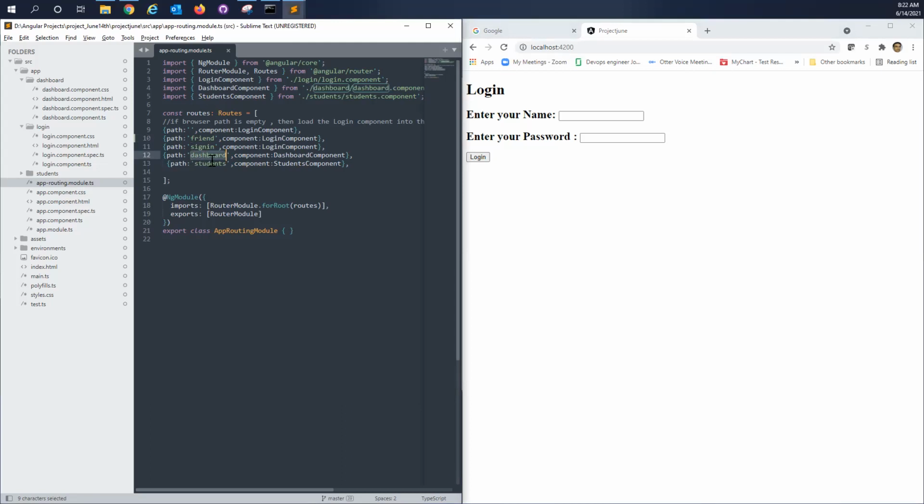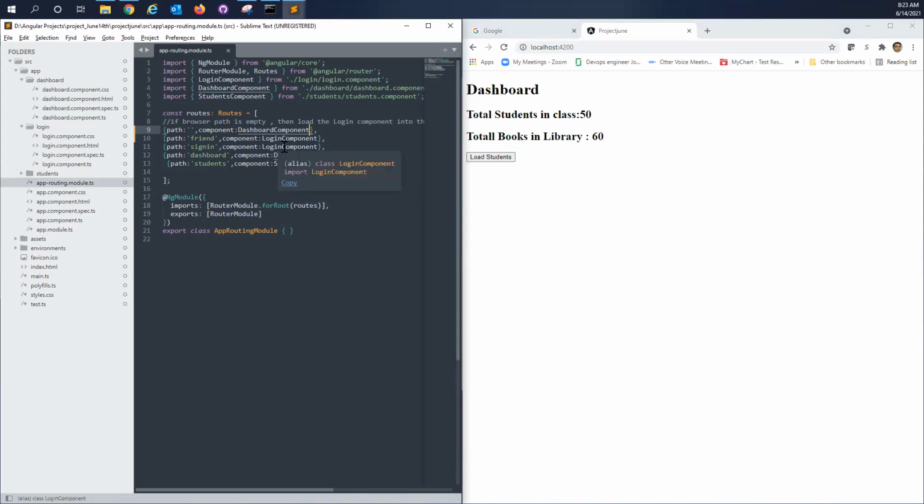No, after that, capital D. Copy from there, the dashboard component. Double click and copy that. Go to line number 9 and replace the login component. There the login component is there, double click and replace it here. Now if you save, when it is empty, dashboard will load.